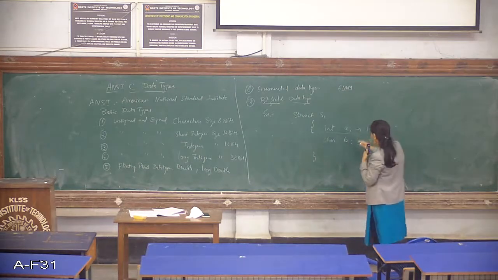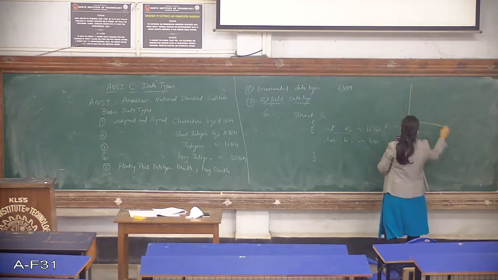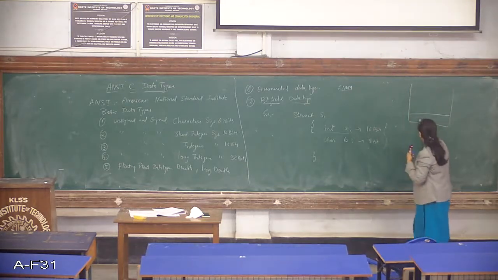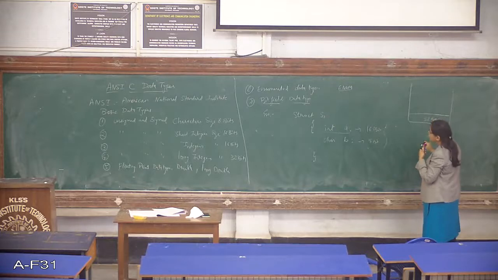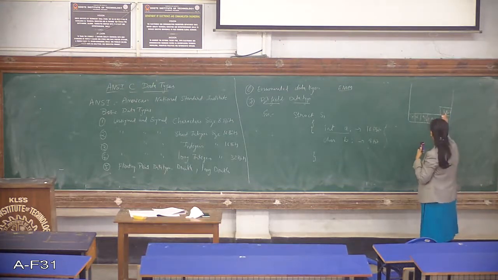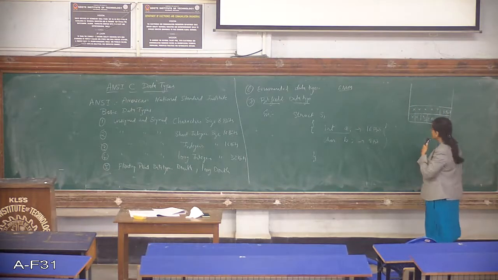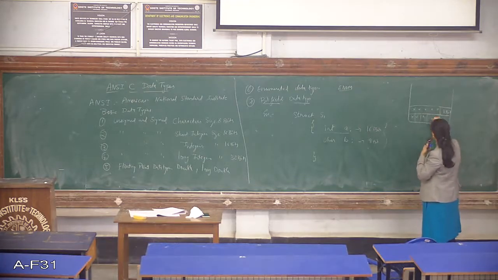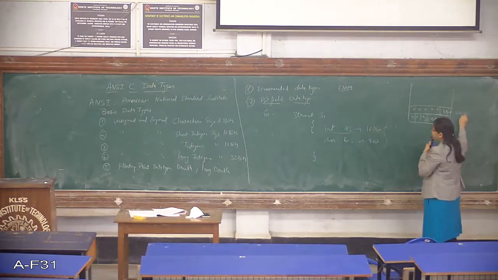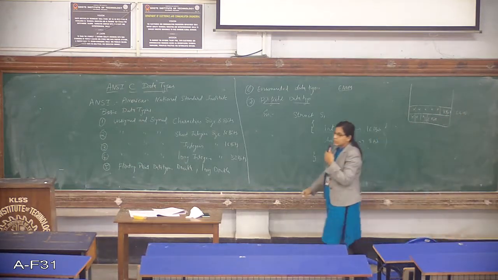If we write this in an ARM processor, we have the memory block of 32 bit. So only 16 bit will be consumed here, and the rest will be padded with zeros. Next, in the second memory location you have the character b, which is 8 bit, and the other locations are padded with zeros. So this is how the memory will be utilized. Altogether, 32 plus 32, 64 bits of memory will be utilized for the structure.